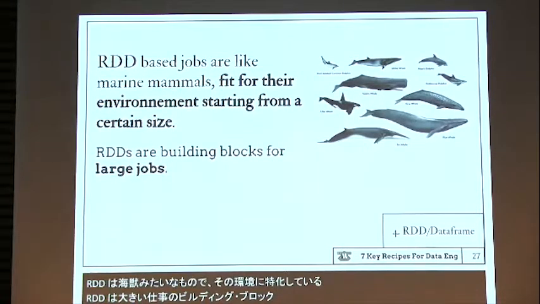I would say that RDD are like marine mammals. I don't know if you know this analogy. To have a marine mammal, you have to have a certain size to be able to keep a constant temperature inside the body, and so they have a very thick skin and large bodies with invariance. And the invariance of RDD-based jobs is that they are compatible with the existing Scala type system, and so you could use the existing Scala tooling and so on. But it's very difficult to communicate with the outside world.